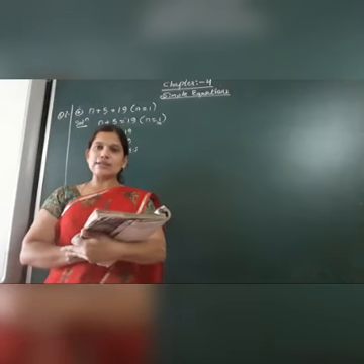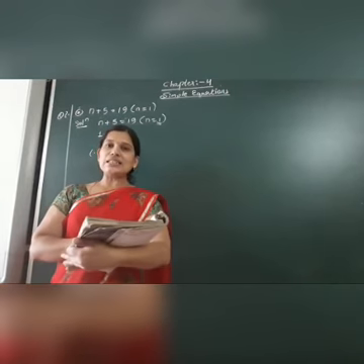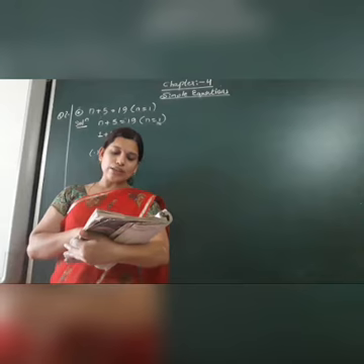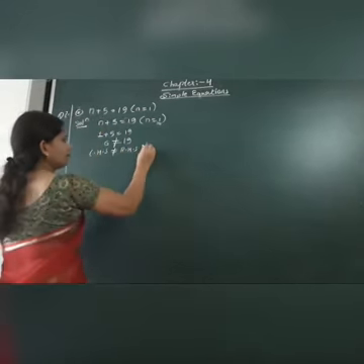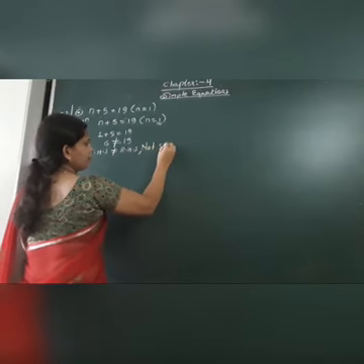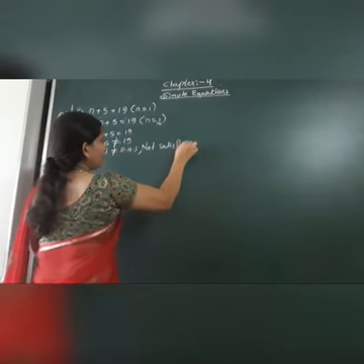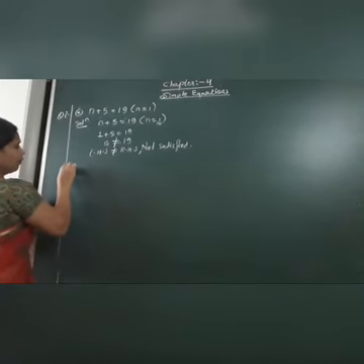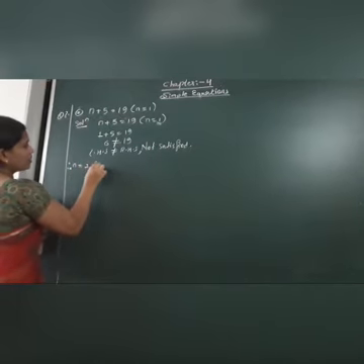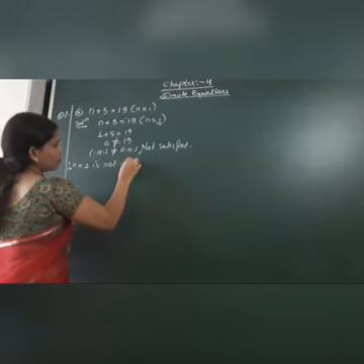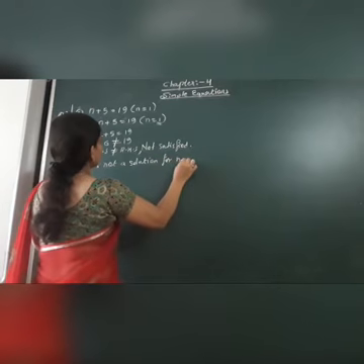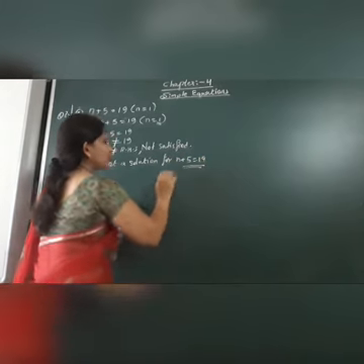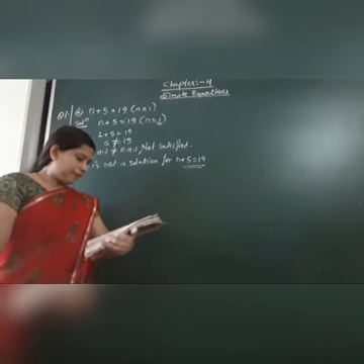Why would we say it is not satisfied? Because in the question it is asked, check whether the value given in the bracket is a solution to the given equation or not. That means it is not satisfied, isn't it? Or we can write that n is equal to 1 is not a solution for n plus 5 is equal to 19. Write it like this. Understood?